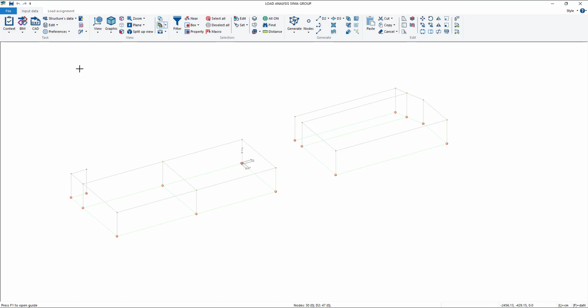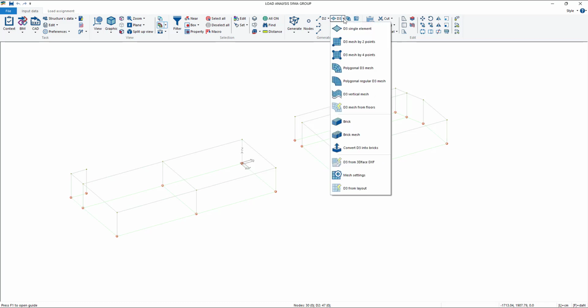So we go on D3, or let's say we can either use panels instead of the free element. It's basically the same thing. It depends what you prefer. If you have to verify also this element, we have to use the free mesh by 2 points. I think in this case it is just okay.